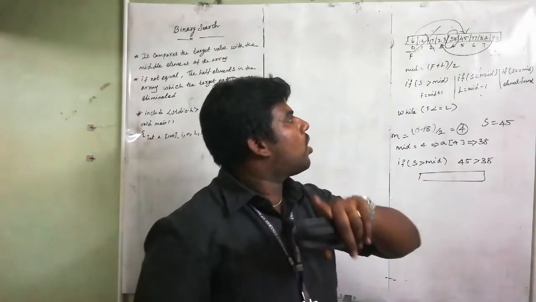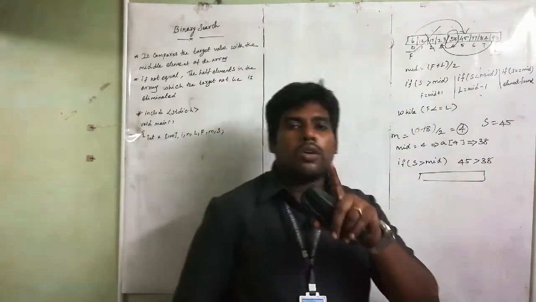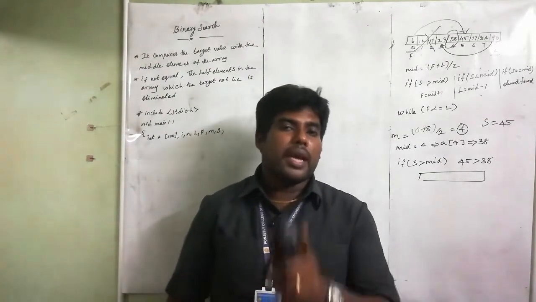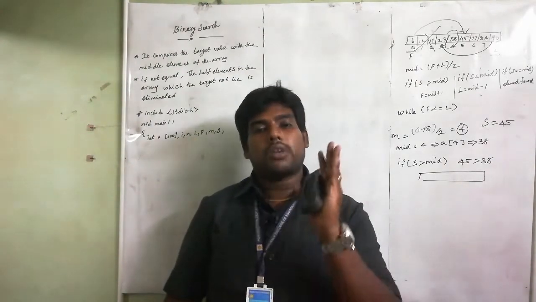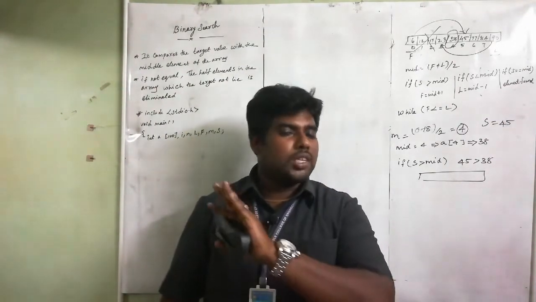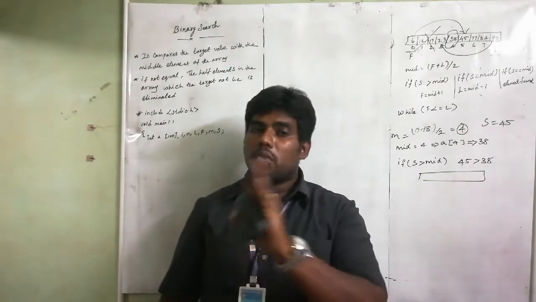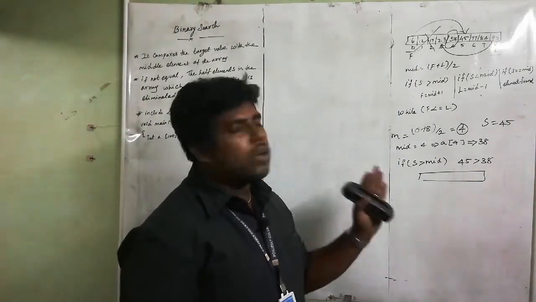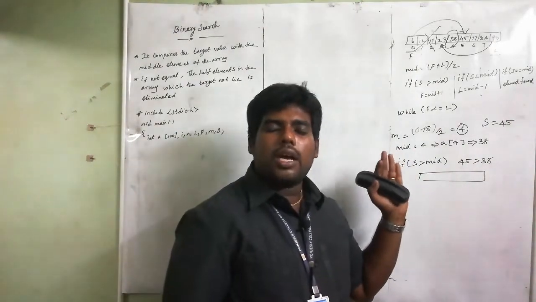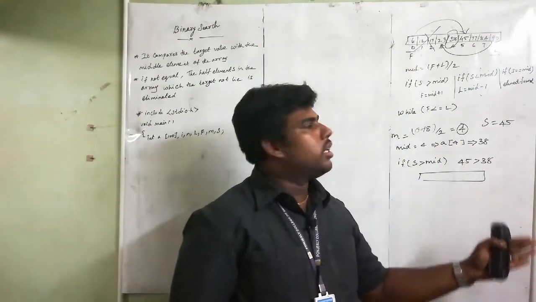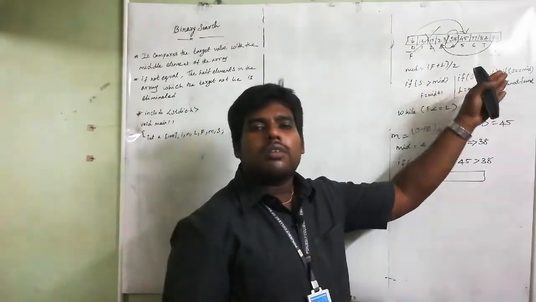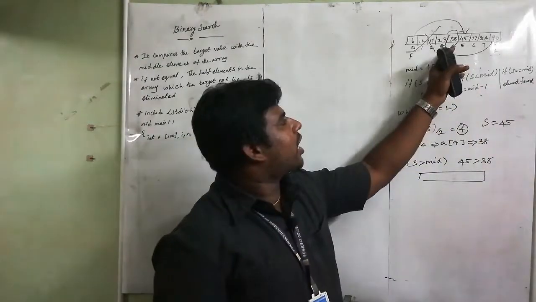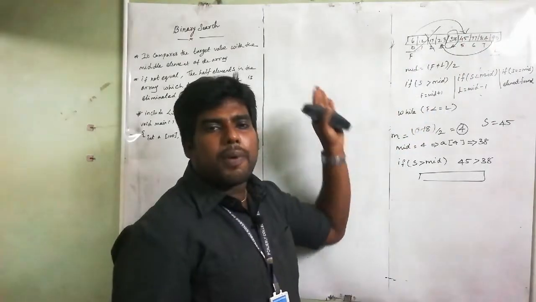And one more very important thing here is that your elements should be in ascending order. For binary search, your elements should be in sorted, ascending order. Otherwise your binary search won't work. That's the reason I gave the elements in ascending order. Once the elements are arranged in ascending order, the target element is either less than mid or greater than mid. Here the target is greater than mid, so the lesser parts will be eliminated.